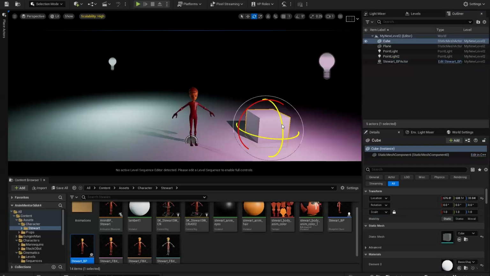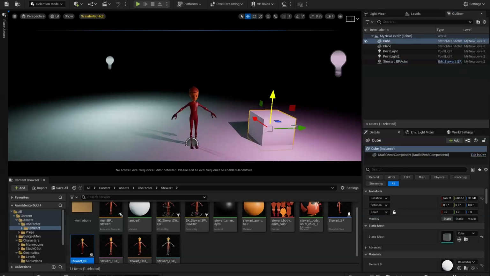At this point, all I've done is create a level here. I've created this thing in here. I can't yet animate this stuff. So what I need to do next is create the sequence. Like if we go back to that slide: create the level, create the sequence, and then I can start animating. So if I go back to here,